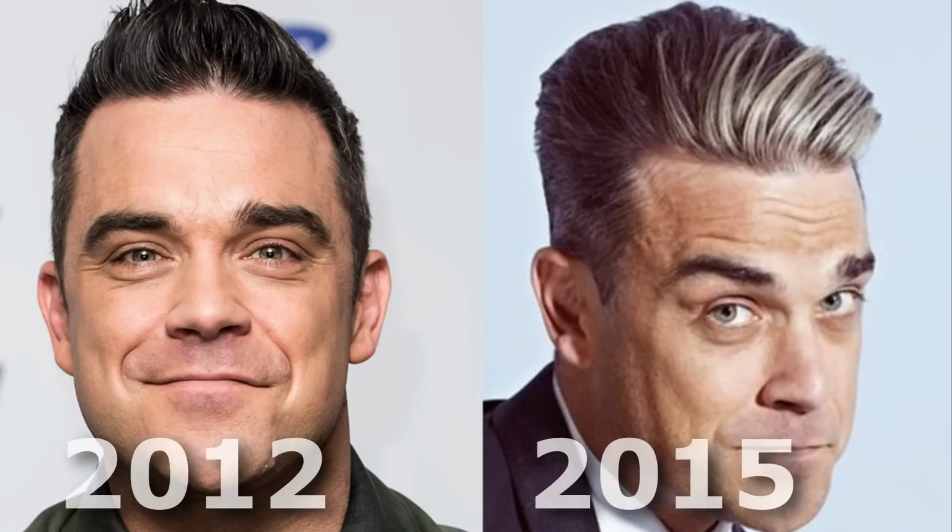By the time he was in his late 30s, he started having hair loss issues, apparently on his corners and middle portion of the hairline. I didn't even need it. I had like 3 months off. I got bored. Now, by comparing the photos from 2012 to 2014 and 15, we don't even notice his hairline